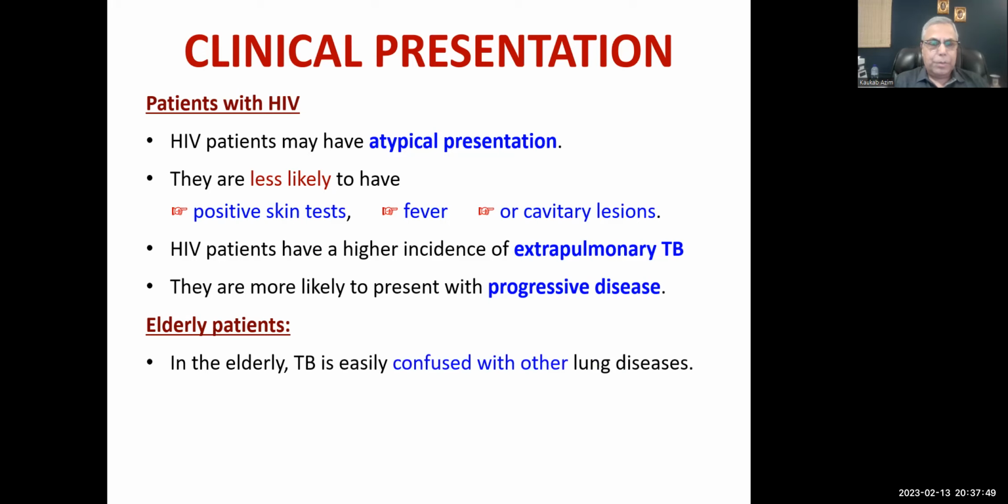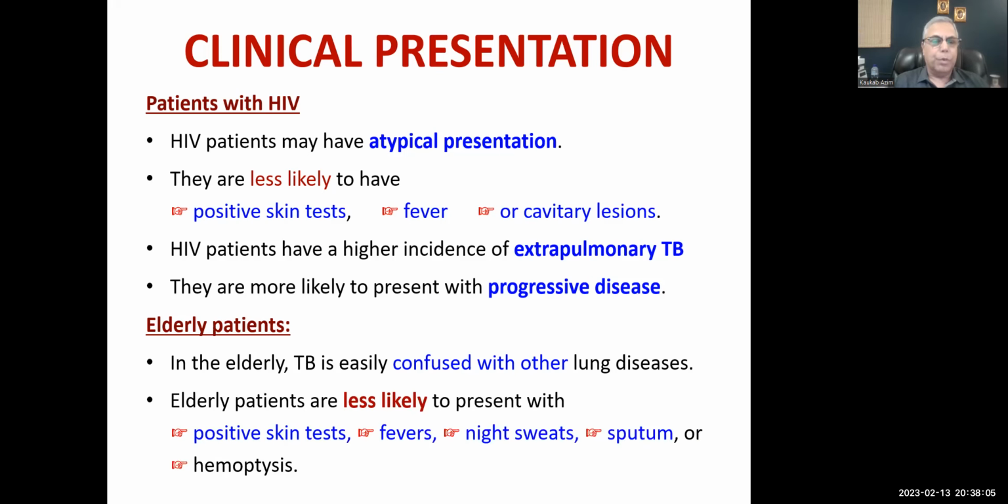In the elderly, tuberculosis is easily confused with other lung diseases. You know, elderly people, we have done pneumonia last time, and it came in the differential diagnosis of pneumonia as well, community acquired pneumonia. Elderly patients are less likely to present with positive skin tests, just like HIV patients, because their immunity is also weak. And again, fevers over here as well, but they will have night sweats and positive sputum samples, or they